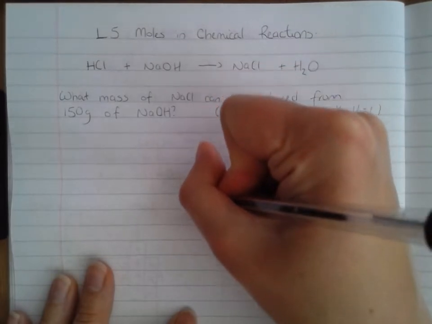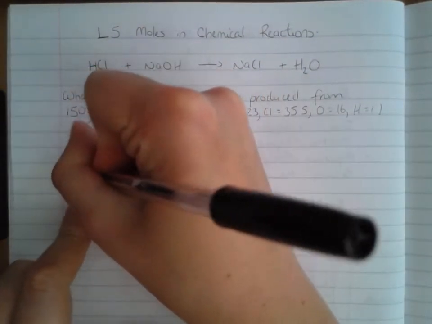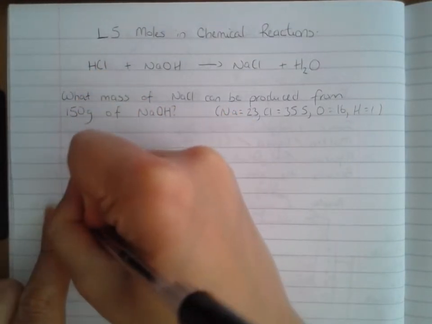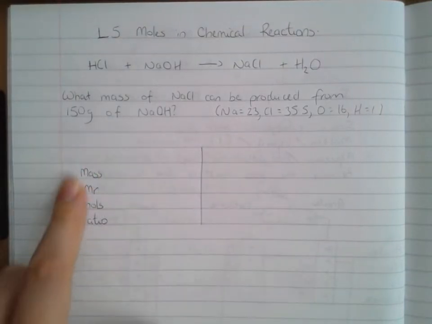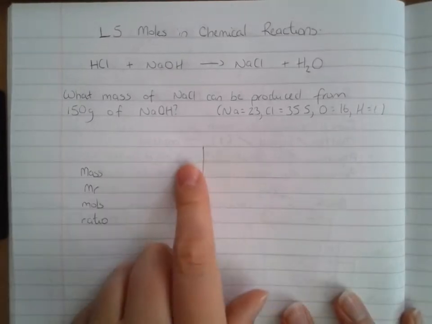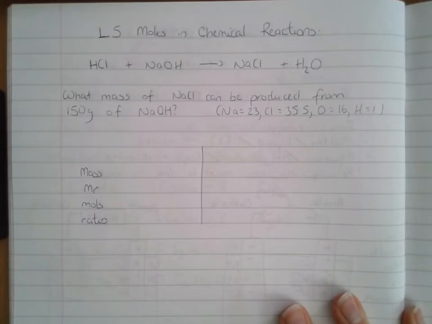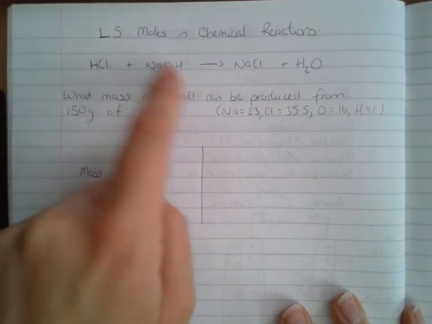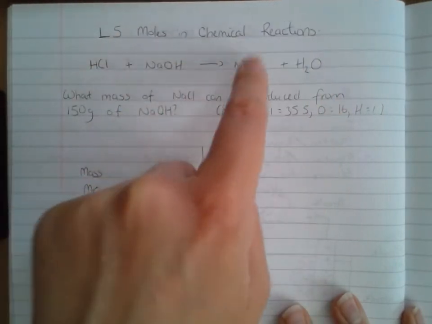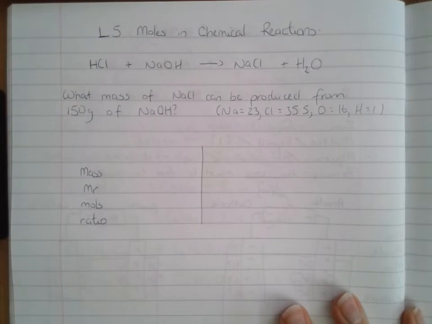Okay, so into my table, the things that absolutely never change is that you've got mass, formula mass, moles, and ratio. So the 3 things from your formula triangle and then ratio. So you'll always put those straight into your table. But the first decision you're going to have to make is which of these need to go into the table. Okay, so there's 2 things on the left, 2 different chemicals on the left, 2 on the right. And out of these 4 different chemicals, you need to decide which 2 you're going to put into your table,